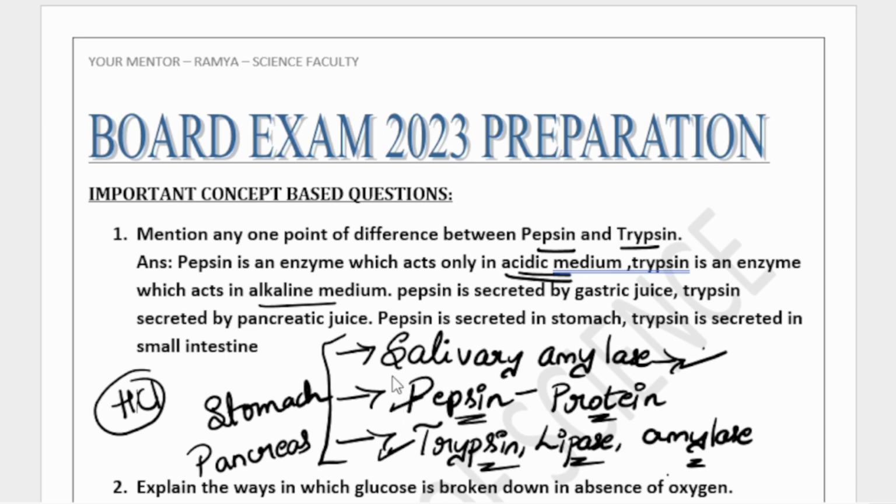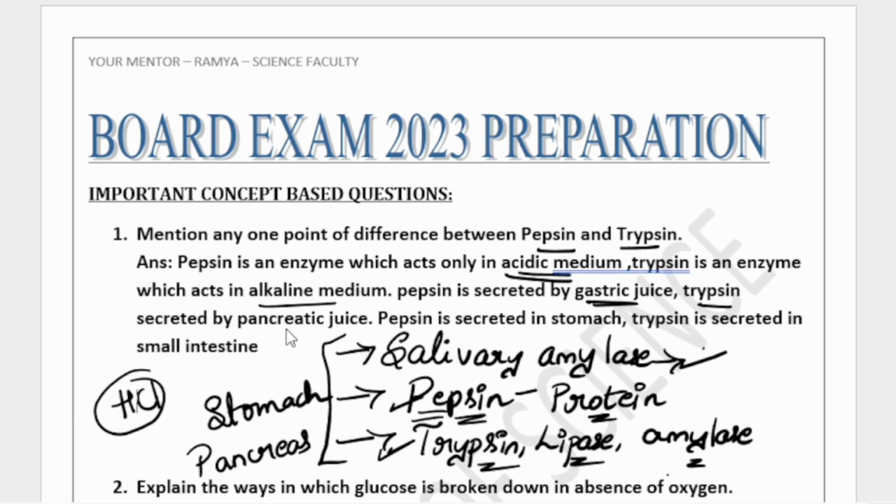Very, very important. Pepsin is secreted by which substance present in the stomach? It is secreted by the gastric juice, because the gastric juice activates the enzyme called pepsin. Very important. So many concepts you are able to understand here. Whereas trypsin is secreted by which